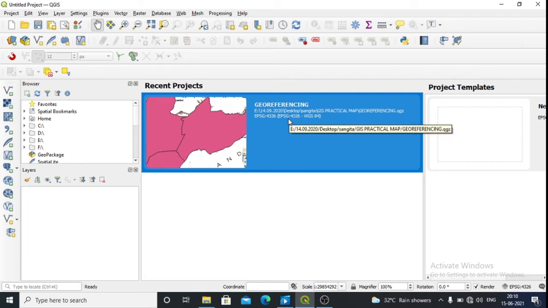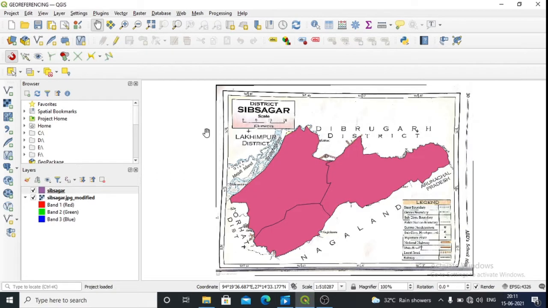Okay, today we'll be learning how to add the point and the line features in a particular map while digitizing. So this is a map, this is the QGIS platform, and this is a map where we have already done one work, that is we have added a polygon feature. In the previous video I've already told you how to add this polygon feature.